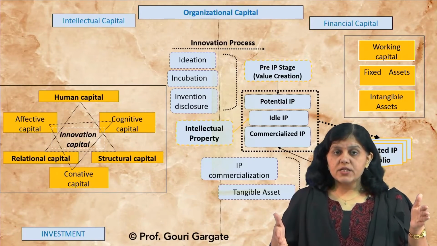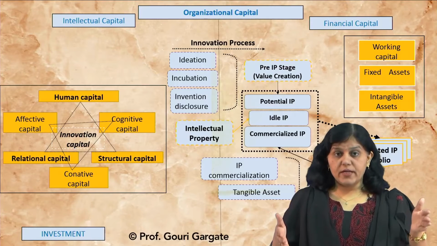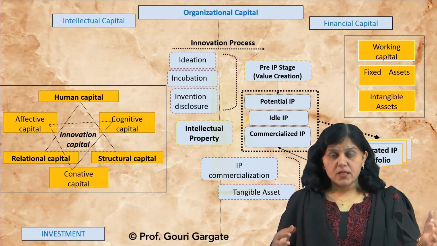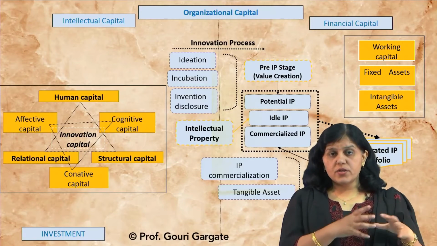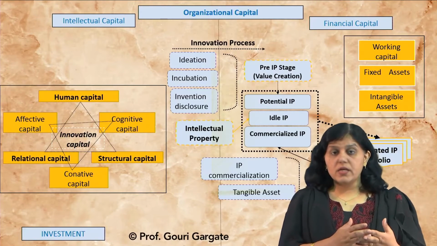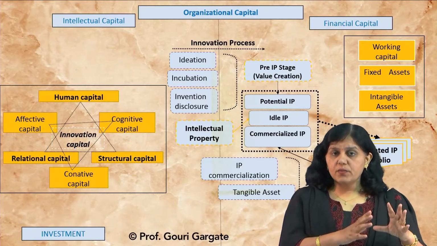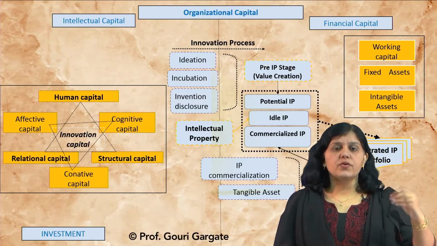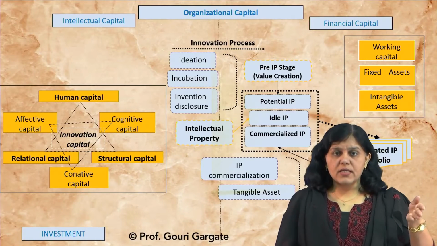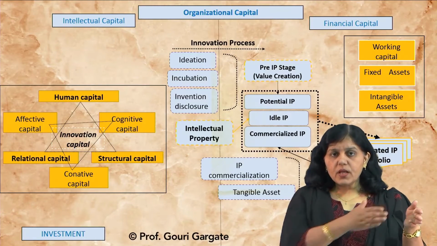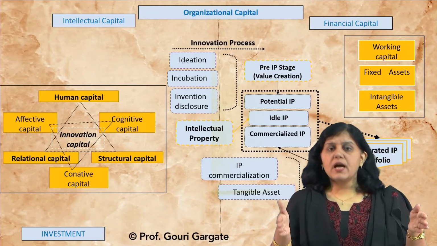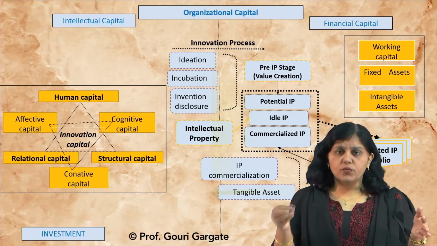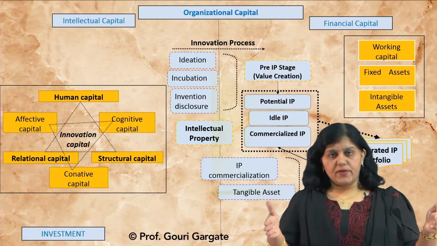In this ideation stage, you will effectively use the various resources by which you can generate ideas. You have done the prior art search, and you are well aware of the state of the art. You have selected the project, your objectives are clear, you have selected the particular focus topics, and you are starting at point 0. Your expectation is that at the end of the 4th or 5th year, a particular output should be there. That is your time frame.